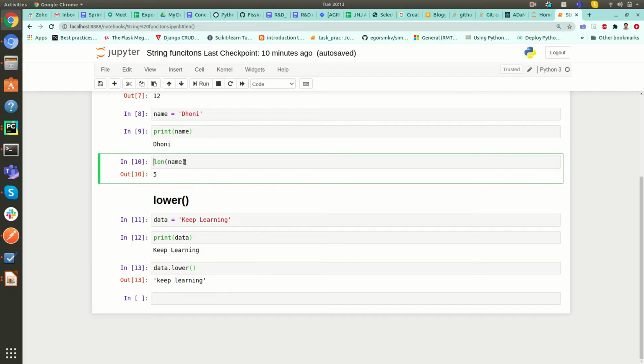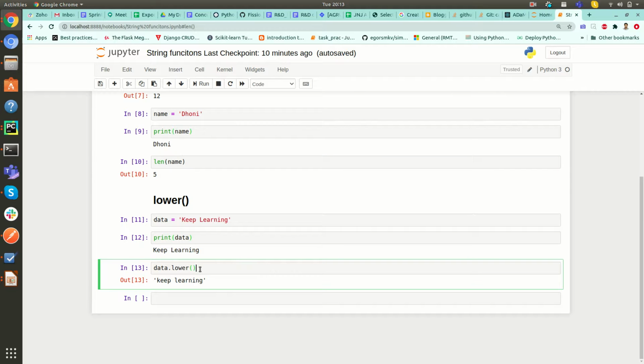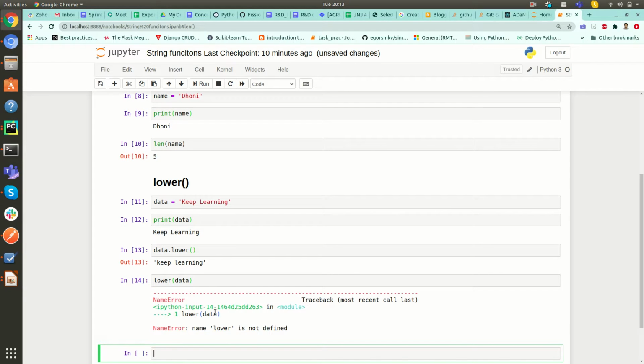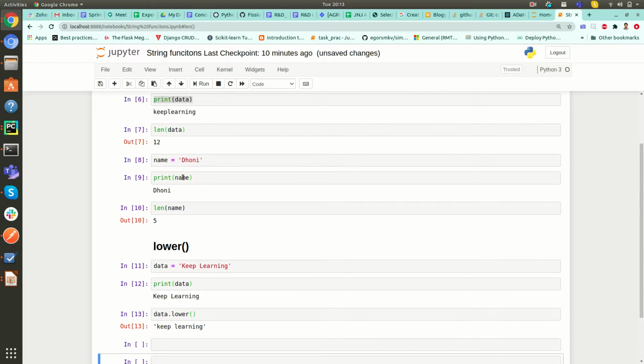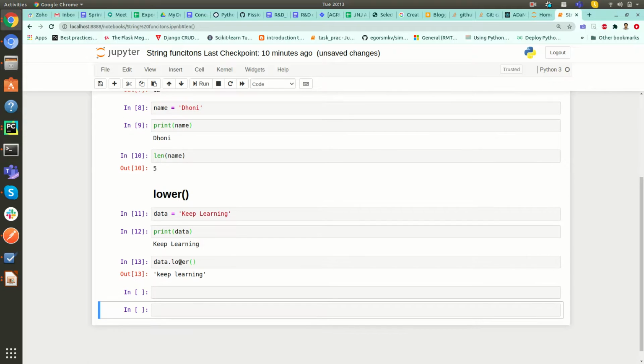You can't apply lower like this, lower(data). If you pass it like that, you will get the error that lower is not defined. So you apply it on a variable, whereas with length you pass the variable to the function. Is it clear?